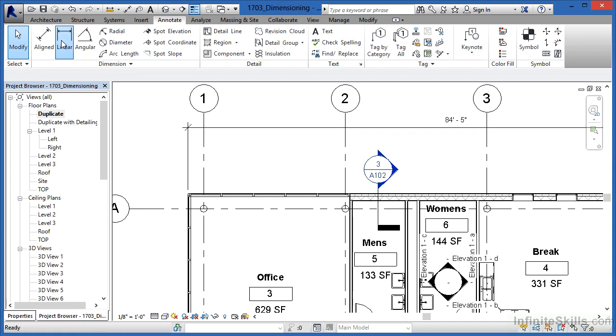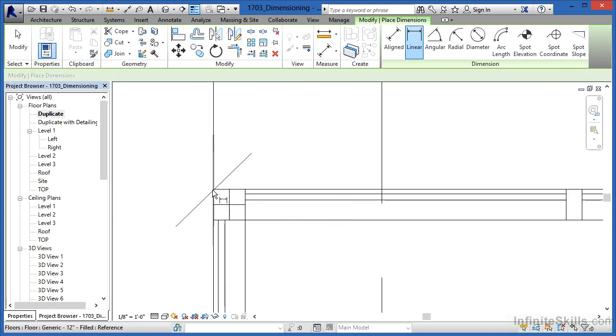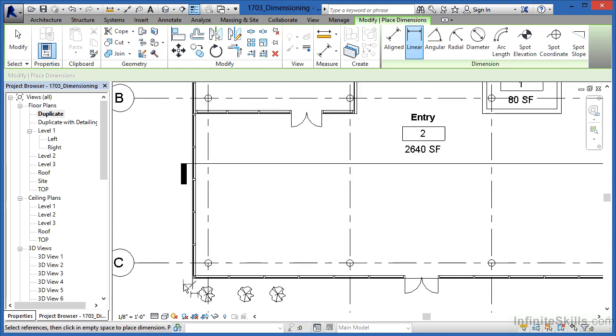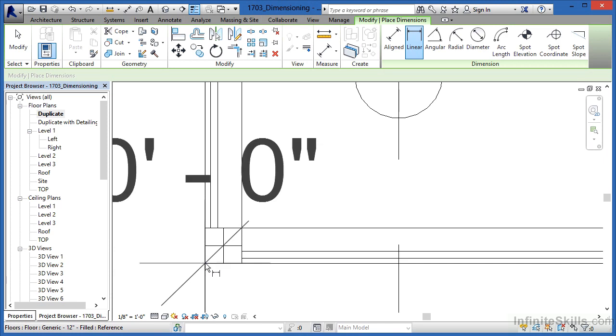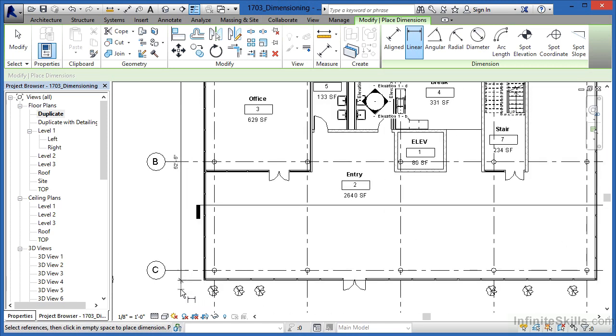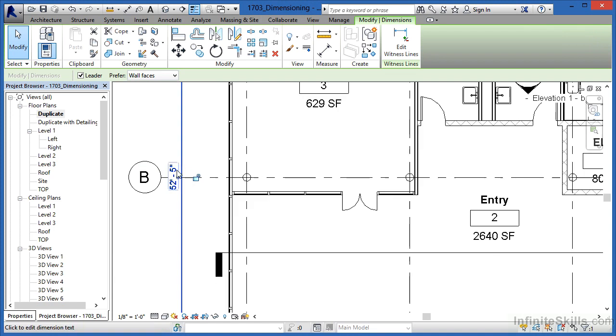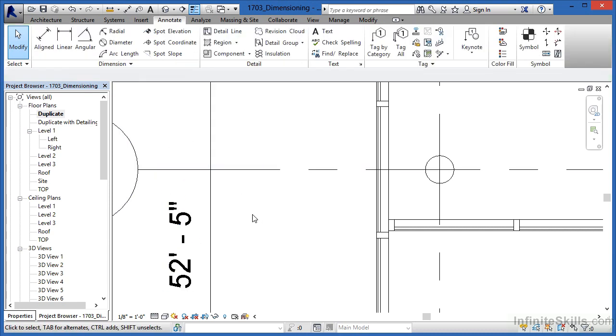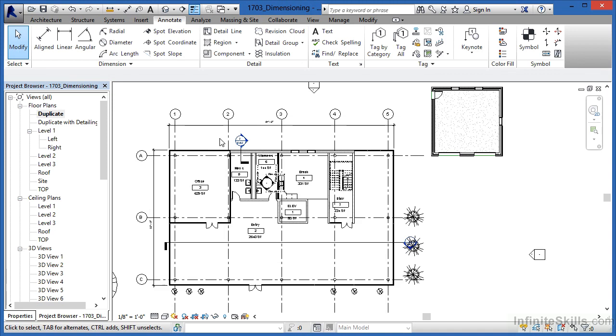Annotate, linear, pick that intersection right there, and it's really hard to see. It's one of the reasons why I dislike using linear at times. Click that endpoint there, and then pull it over in this direction. Now I'm going to select back on that line, clear the leader checkbox so I don't get that extra little leader line showing up, and then I'm going to drag the text by clicking on the little dot there, and drag it just down so it's no longer touching this line. So linear dimensioning allows you to click one spot, click another spot, and then you'll get an overall dimension for